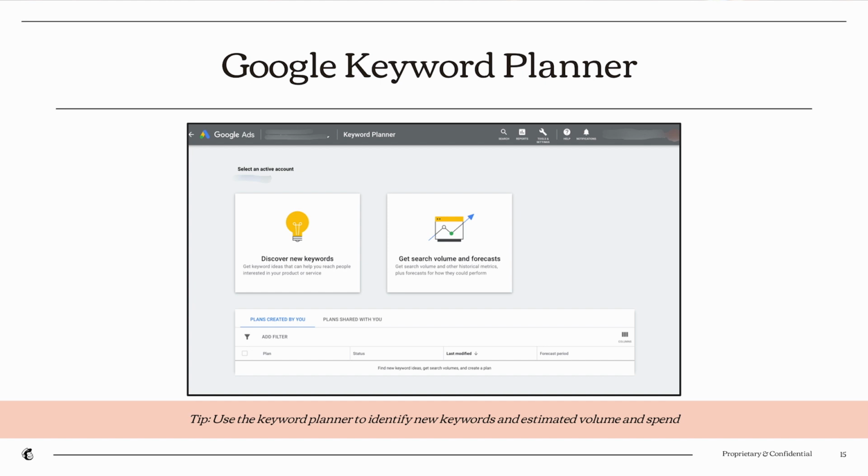On the right side is the Google search volume and forecast. So once you have your keywords, you can upload them to Google and they'll let you know what they forecast out, the spend to be, the clicks, the click-through rate, etc. That's a great way to start figuring out what budget you might need for your paid search campaigns. I will caveat that this is directional at best for me in my use. I have used it quite a bit over time, and I do find it helpful just to understand from a competition perspective and a search volume perspective what makes sense to add into the account, but sometimes those estimates can be a little bit off, so I would say take it with a grain of salt.